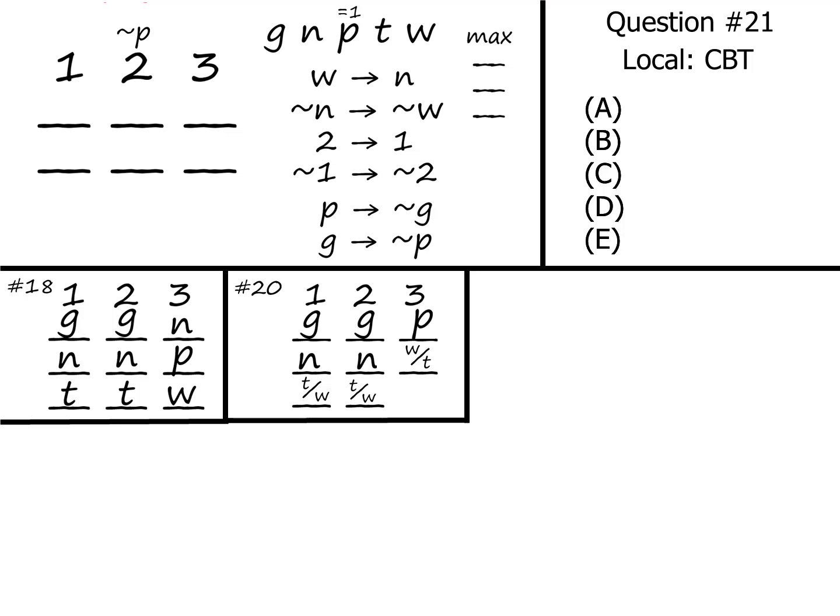Question 21. Question 21 is another local question. It's going to give us a new if condition, so it's going to take a new sketch that we add that condition to. The new condition here is that if all three centers do three things, so fill in 3 blanks under each center. Now, as we learned in the last question, if center 1 and 2 are both doing